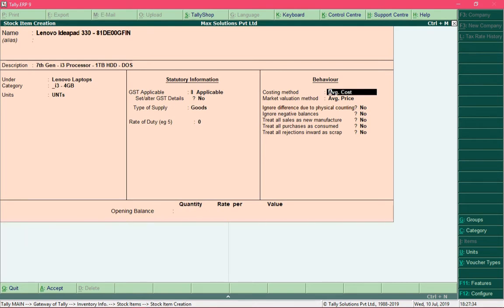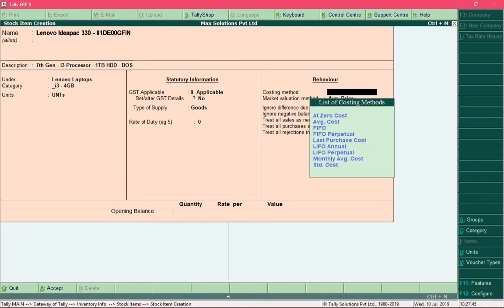So for this field costing method, you need to press the spacebar key to toggle the list. In this field, you need to specify one of these costing methods. Specifying a costing method would determine the price of the goods that Tally needs to consider at the time of calculating profit.